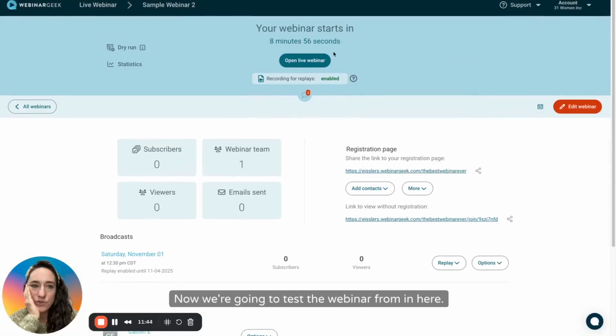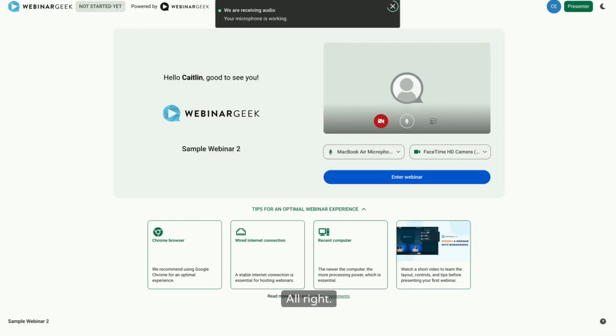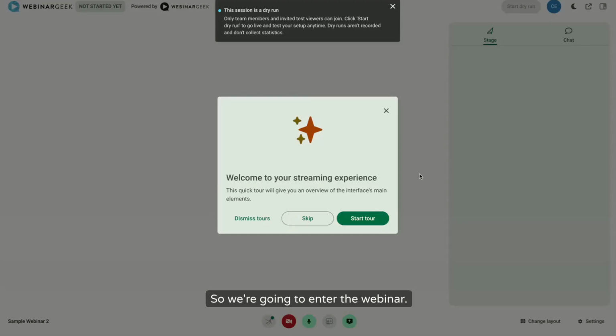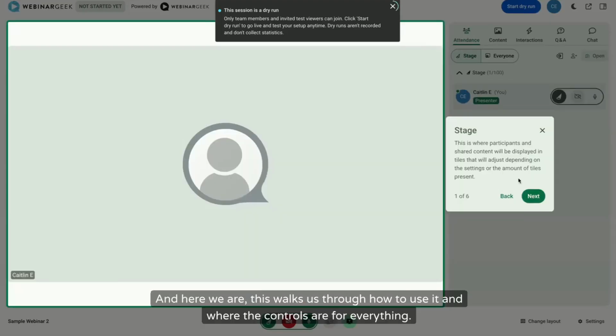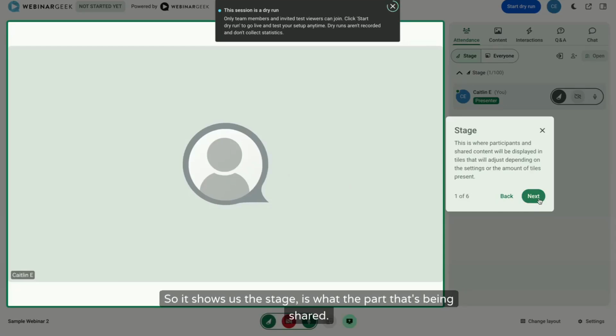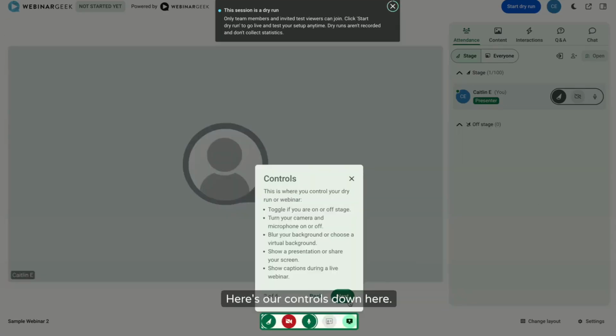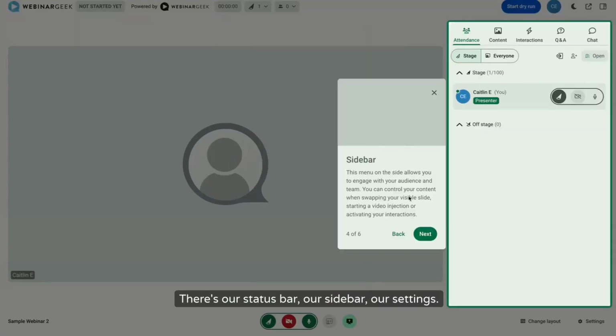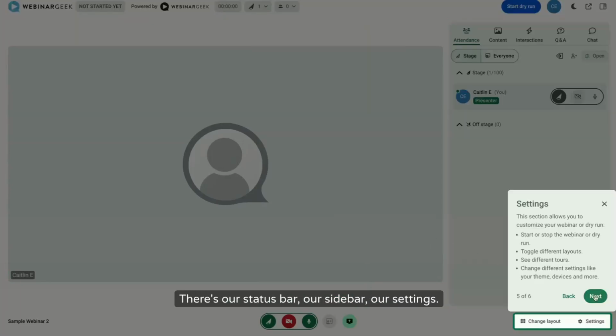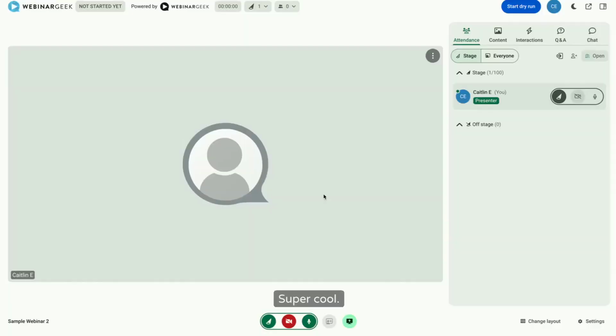All right. Now we're going to test the webinar from in here. So we're going to do a dry run. All right. So we're going to enter the webinar and here we are. This walks us through how to use it and where the controls are for everything. So this shows us the stage. This is the part that's being shared. Here's our controls down here. There's our status bar, our sidebar, our settings. Super cool. We're going to skip that tour for now. So this is where